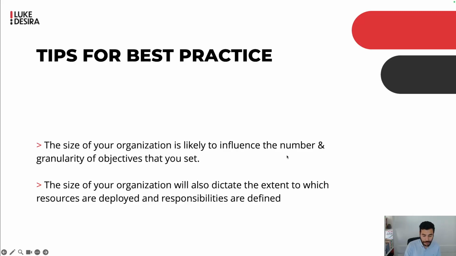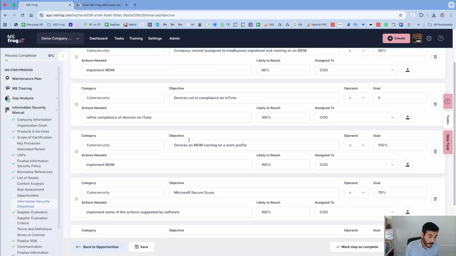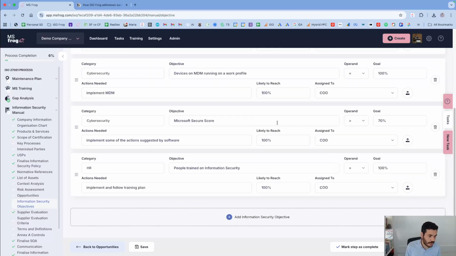If we were to consider the idea of information security objectives, here are some examples that we might want to consider. For example, the percentage of company-owned assets that are registered and running on an MDM, mobile device management, solution. How many devices are going to be marked as not in compliance on Intune, for example, if you're using Microsoft Intune. How many of the MDM devices are running on a work profile, the value of the Microsoft Secure Score,